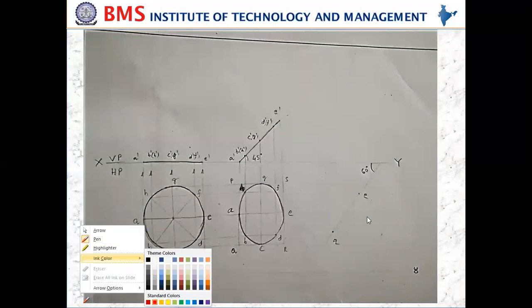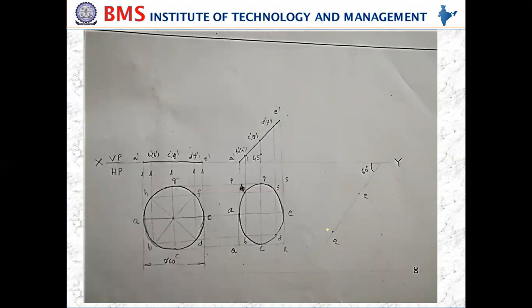Okay. So through A, you need to draw one line, a perpendicular line. Similarly, through A, like this, it needs to be drawn. This is going to be P and this is going to be Q. So the PQ line is to be drawn here because A is in the PQ.